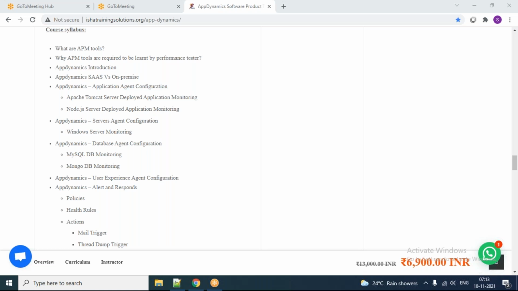And wherever you are blocked, no problem. We both will connect and then we can resolve the problem. But what we are trying to bring in here is that we want to learn things practically. I mean, set things up in your local machine, configure the agent, get the data, do the investigation, identify the bottleneck. Like that we are going to learn everything. Clear, guys? Does anybody have any question?